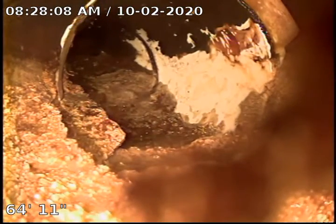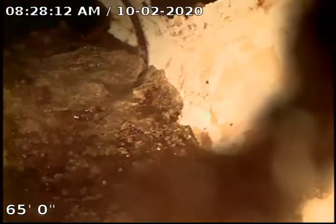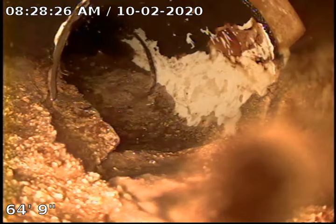As you can see, we have a large calcite buildup in this area. We do possibly recommend hydrojetting to see if this could be cleared. As you see, we can't turn the camera past this area due to the buildup. And you can see as we pull back,